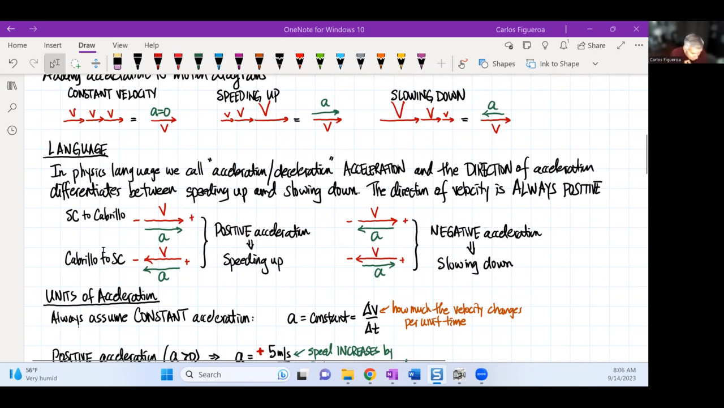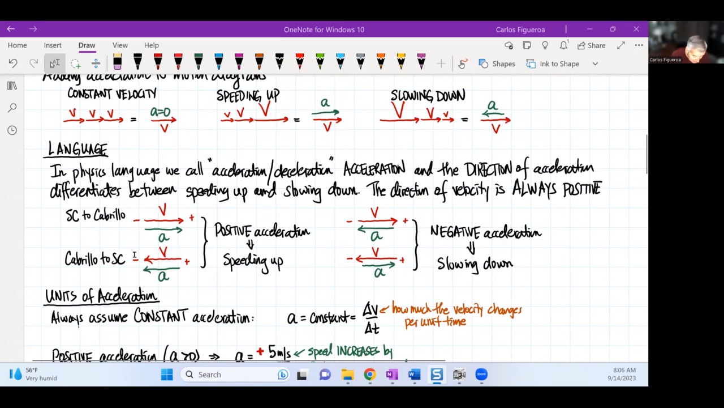Now, if we go from Cabrillo to Santa Cruz, the opposite direction, textbooks have a tendency to then say that from Santa Cruz to Cabrillo, that's the positive direction. From Cabrillo to Santa Cruz, that's the negative direction. If you play that game, which is not a game that I play, I would have just said that going from Cabrillo to Santa Cruz, that is the positive direction. So what I would say in this case then, okay,